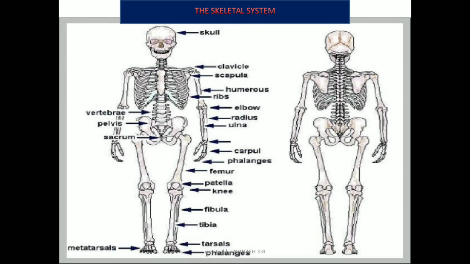Next are the bones of your hand, upper arm, humerus. Humerus is a long bone. Its upper end is round, which sets on the clavicle. Its lower end is joined to both the bones of the forearm and forms the elbow joint.